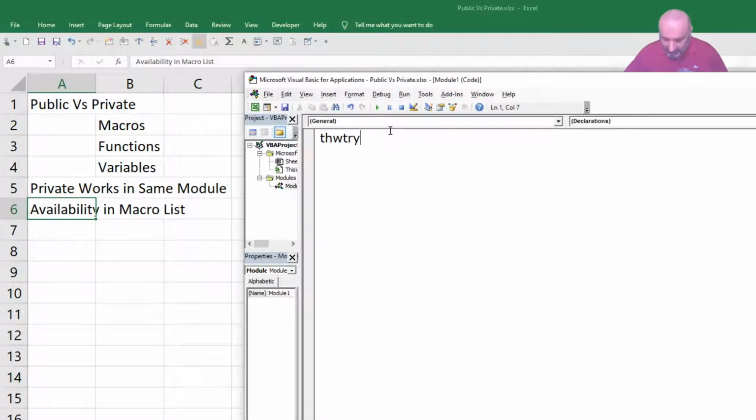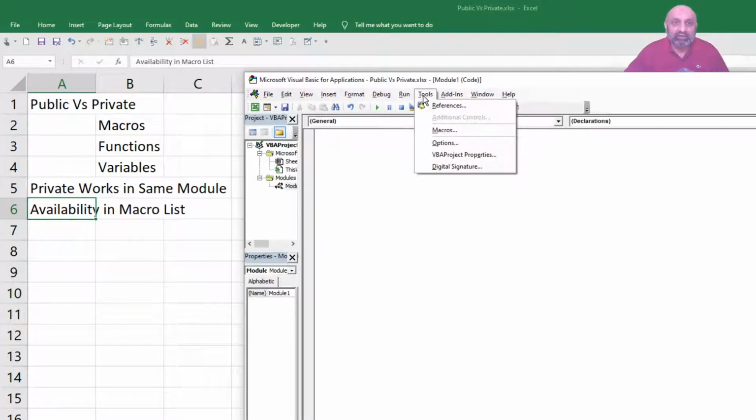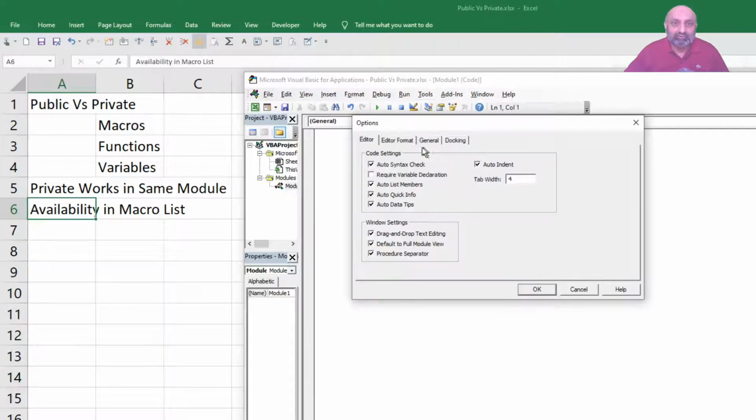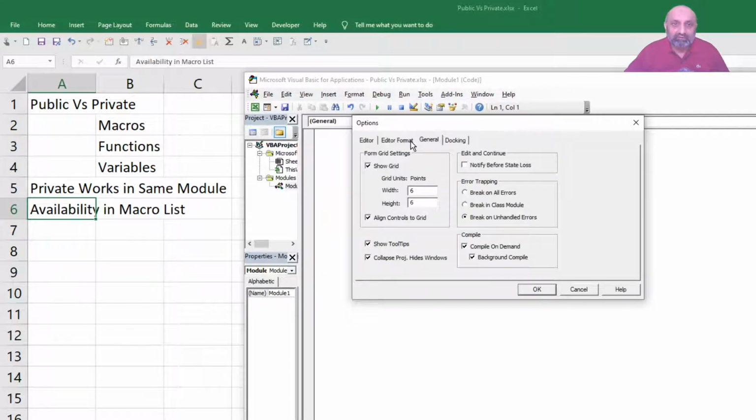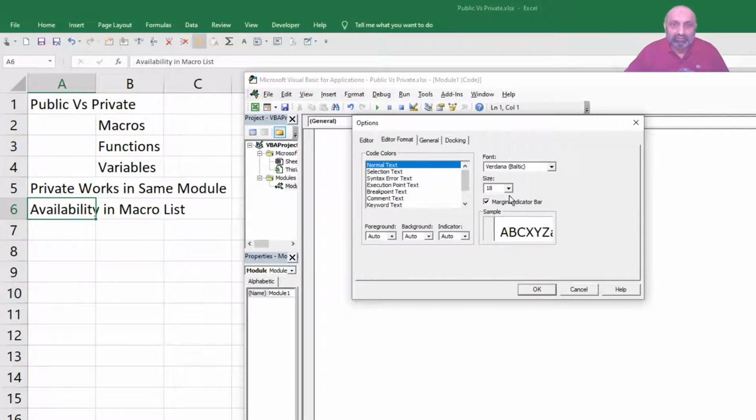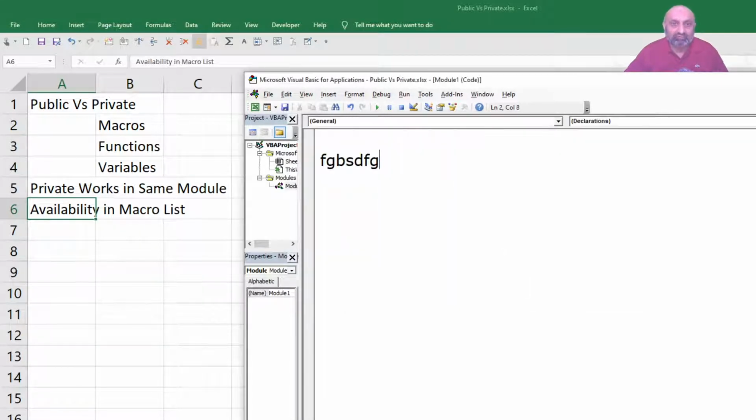I think you can see, but let me adjust it. Tools, options, general, editor format, and this is 18. Let's make it 24. Let's see if this works. Yeah, this is better.